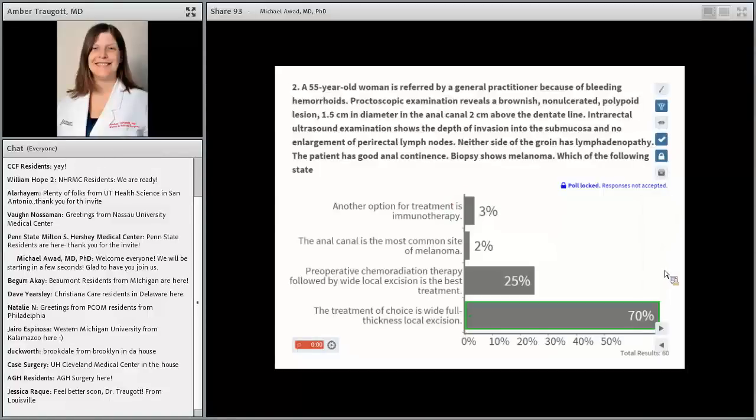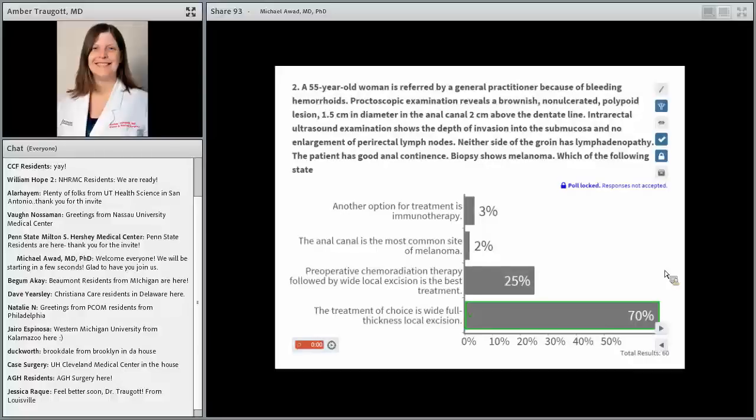Okay, so most of you are correct. The treatment of choice is full-thickness local excision. And the reason for that, as opposed to radical excision, is that the survival rates are no better with radical excision versus local. Now, as far as neoadjuvant treatment, melanoma is unlike adenocarcinoma in that it doesn't really respond